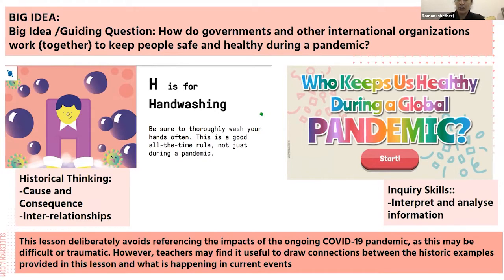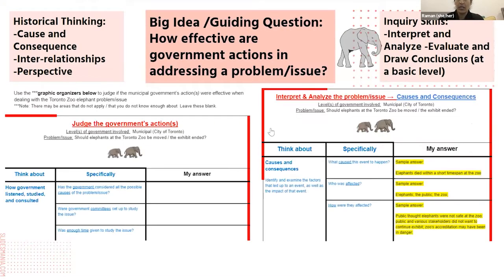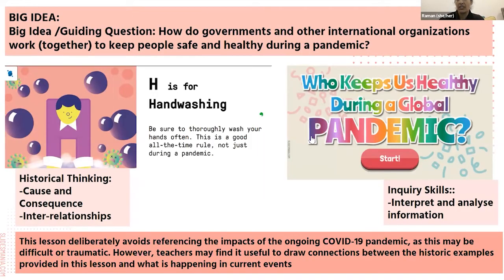And then students also look at a choice board where they start to understand how the government supports and keeps everyone safe, and then how the World Health Organization, being the international organization, helps to support people, so that you could see both aspects of it. The other thing is that with this lesson, if you're just teaching grade 5 or just teaching grade 6, you can tease out the pieces that you only need for that single grade group, or you can use it as a combined piece as well.